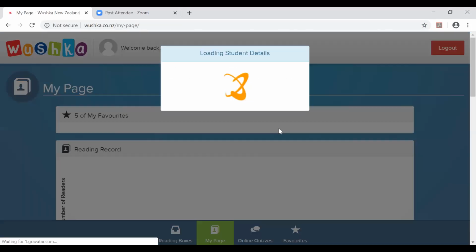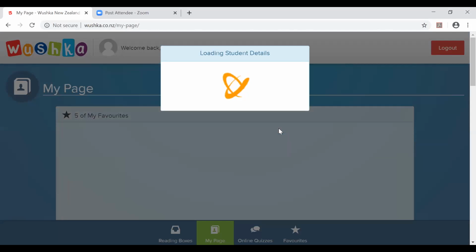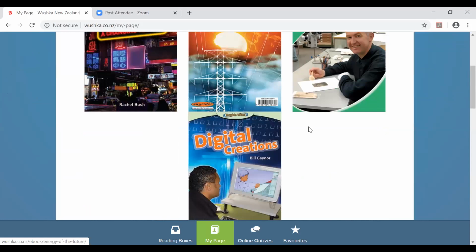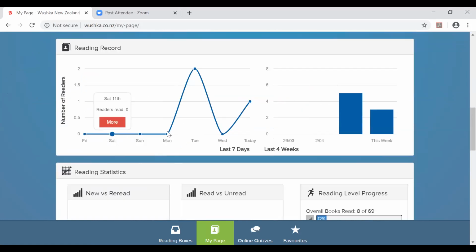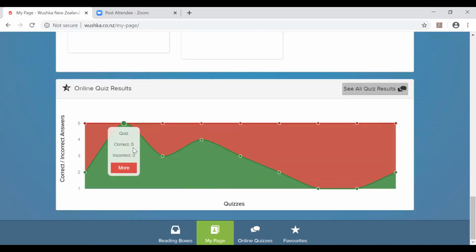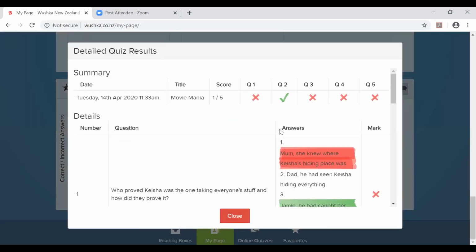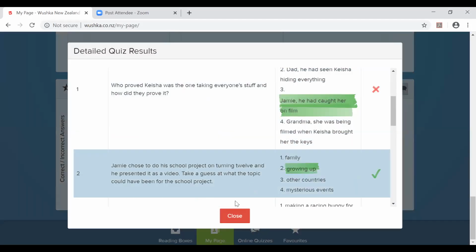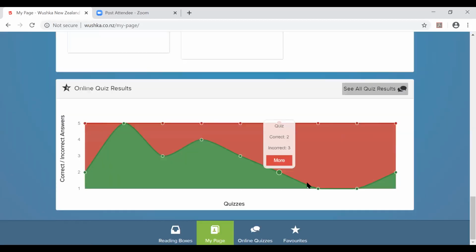On her page, it's similar but not as much detail as the teacher's data page. They're her favourites, and then this is her data. Again, this is all live data that will be added to if she reads books. Her parents can also access this. If they've got multiple children doing their reading and they haven't been able to sit with Sienna all day, they can have a look in here and say, okay, Sienna, you've done some reading. However, some of the quiz results were quite low. Let's have a look where you went wrong. Let's reread the book together and focus on what you didn't understand. So this is, again, really handy for parents.